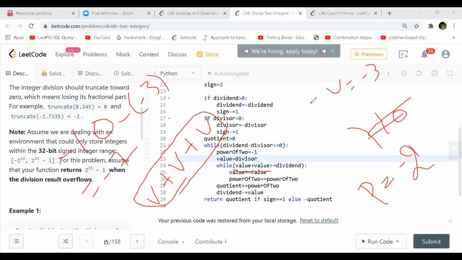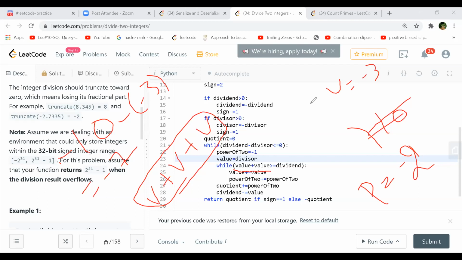Exactly. Yeah. So in bitwise it's always a power of 2. So we always use anything which is twice, and therefore we are multiplying it by 2. So this operation, value plus value on your line 25, is almost the same as multiplying it by 2. And power of 2, you are just trying to represent how your bit will go when you are using this current dividend and divisor. And that is your power of 2, or your bit, how it is moving in the quotient. So you are trying to fix that first, correct?